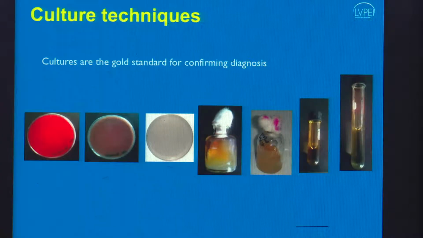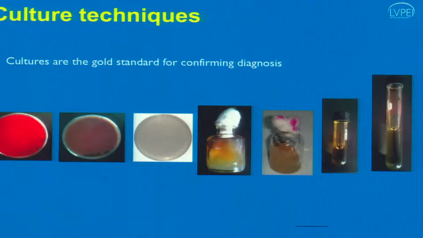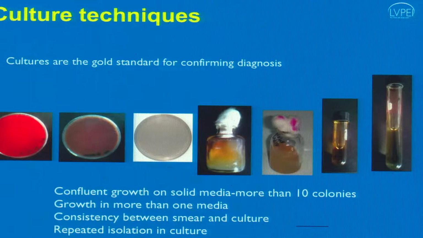These are some of the media we recommend. Depending on the size of the ulcer and how much sample you can get, you can decide how many media to use. Usually just blood agar or just chocolate agar will give information about bacteria as well as fungus, because fungus also grows on this media. And we follow